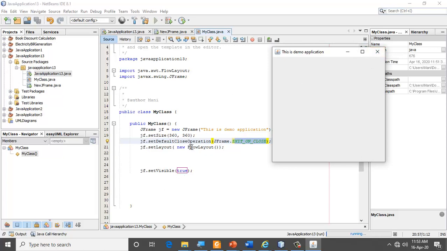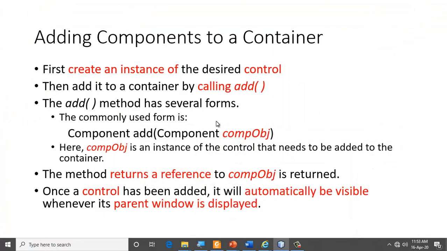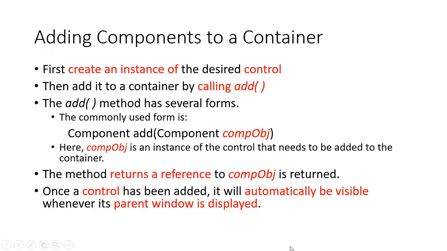The next part that I have here is flow layout. I'll talk about the layout in the next class, so I will not venture into that. Now let's come back to the place where we have actually stopped, and that is how do I add a new component to my application. So how do I do that thing?